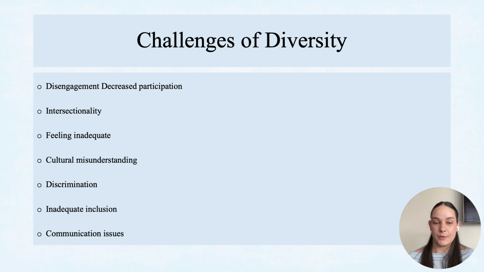Feelings of inadequacy, cultural misunderstandings, and this can look like two children or adults talking, and what is acceptable to say or do in one culture is quite offensive in another culture. Discrimination, inadequate inclusion, which can be the failure to include another child or colleague, and communication issues,